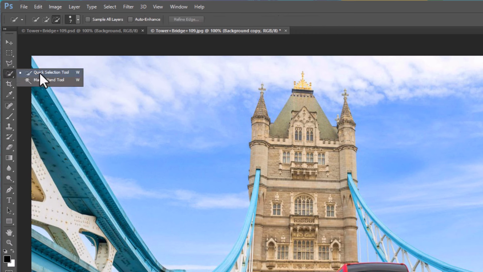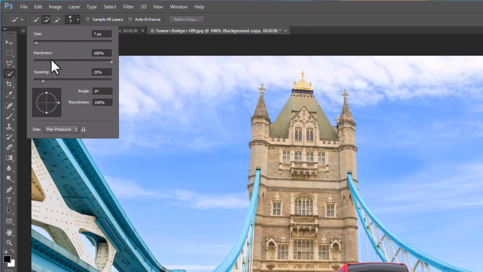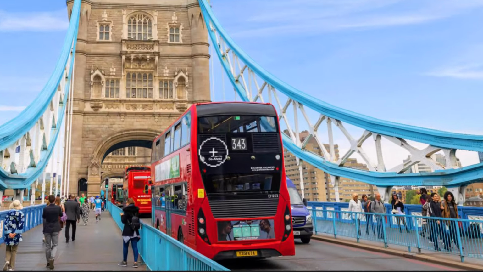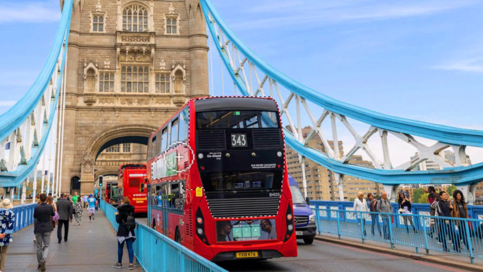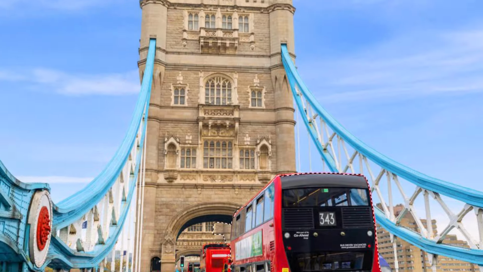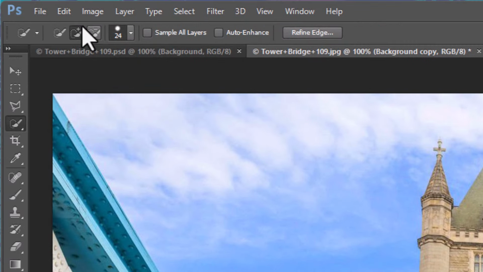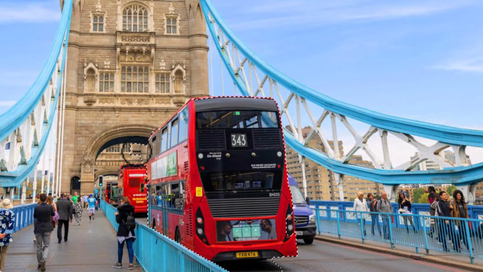we're going to go over to the quick selection tool, and we're going to make sure that we're doing an additive selection, so we're going to add to it. In this case, I'm going to make the brush size a bit bigger for this image, and literally all we do is move the mouse along, holding the button down, selecting the areas that we're after, in this case the bus. It's quite easy to sort of go and select areas you don't want, so we can switch to the